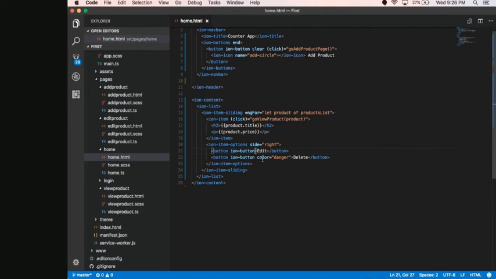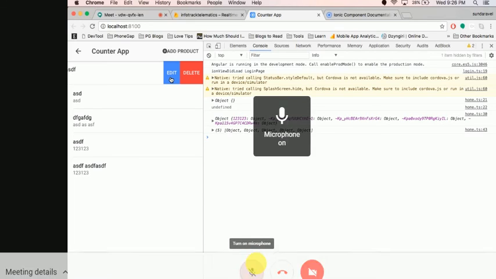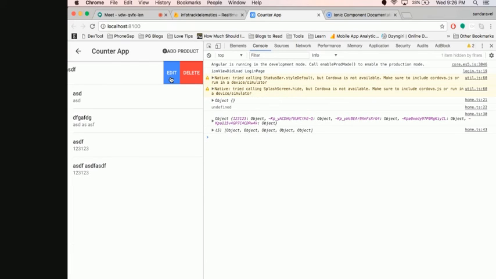Now you can see. Just go into the login, and here when I swipe, I can see the edit option and delete option, right? When I click this edit, I need to go to the edit product, so we will add that function here. Go edit product. Here I need to pass the single product, because for the edit page also I need to pass the value. And for deleting the product,